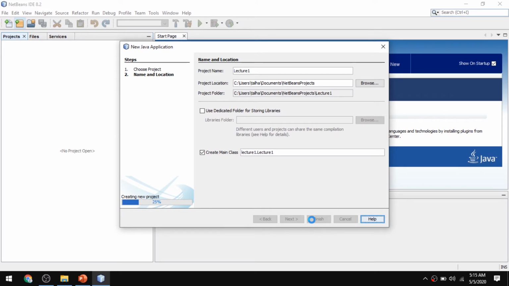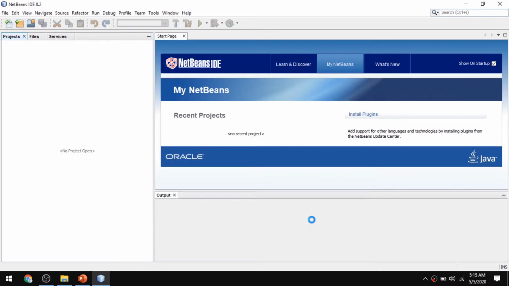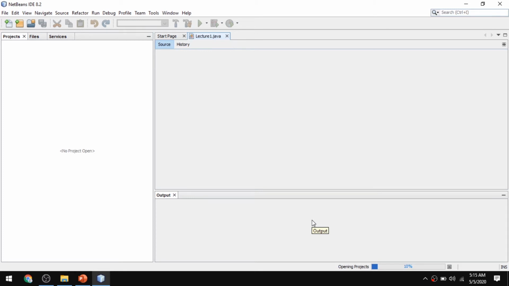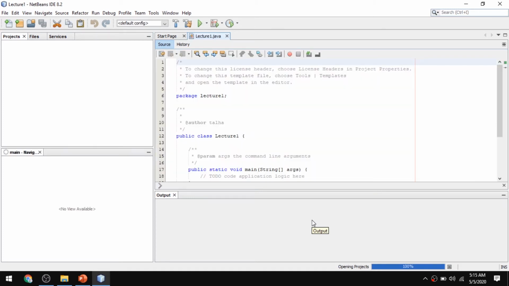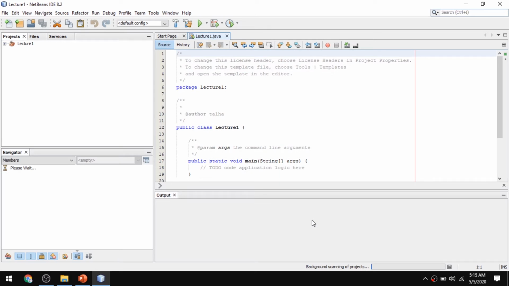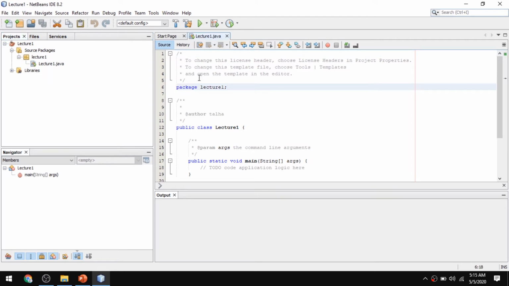So it is taking some time. As the project is created, you can see from the left panel all the files that this project contains, and the main file where the program will run is open automatically.